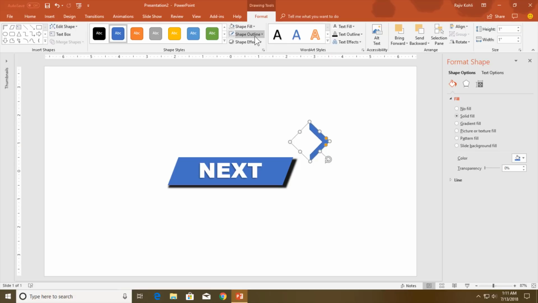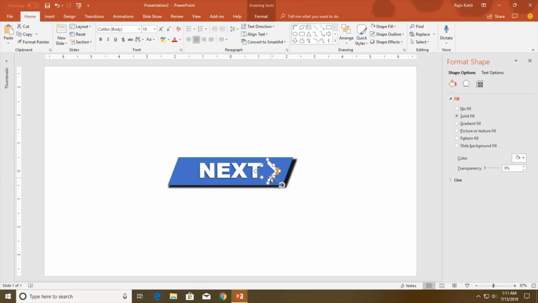That's fine. Remove the outline and change the fill color to white and place it right over the shape. Hold down the Ctrl, Alt and Shift keys and reduce the size. That's fine, and place it just right here.